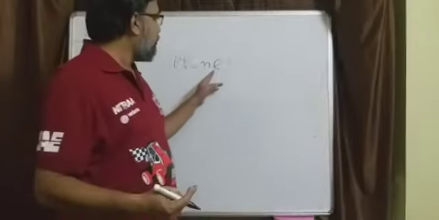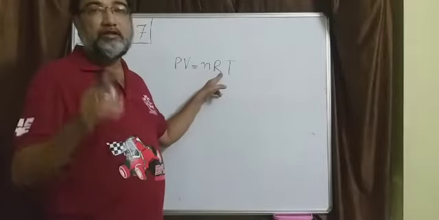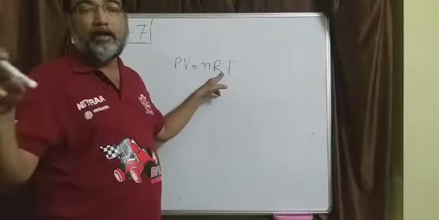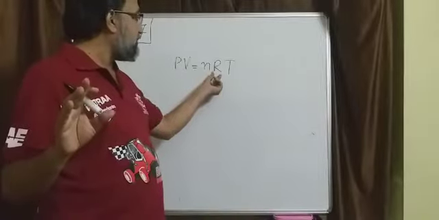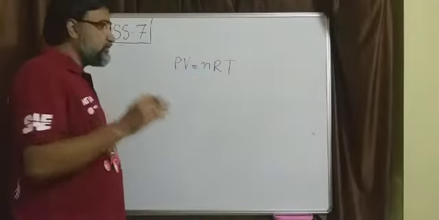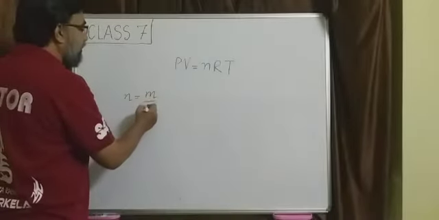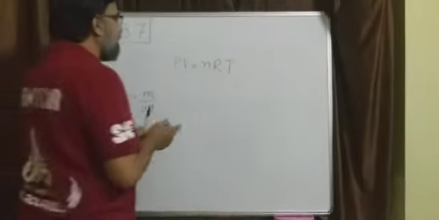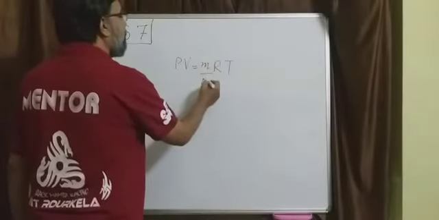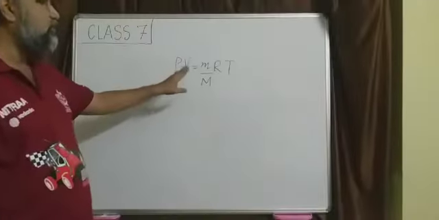Okay. So 1 kg mole of gas, and then here what is the unit of universal gas constant? This is kilojoules per kg mole K. So if I replace this, then in terms of mass, what is this n? Number of moles is equal to mass of the gas divided by molecular weight of the gas. So the gas equation becomes like this: PV is equal to mRT by M.